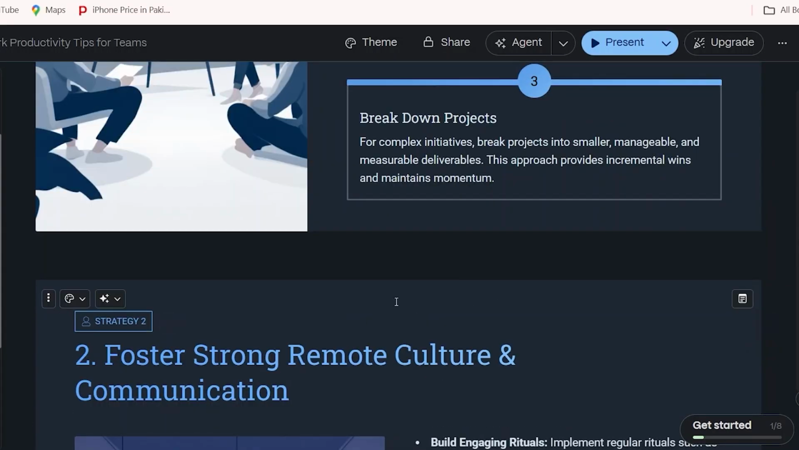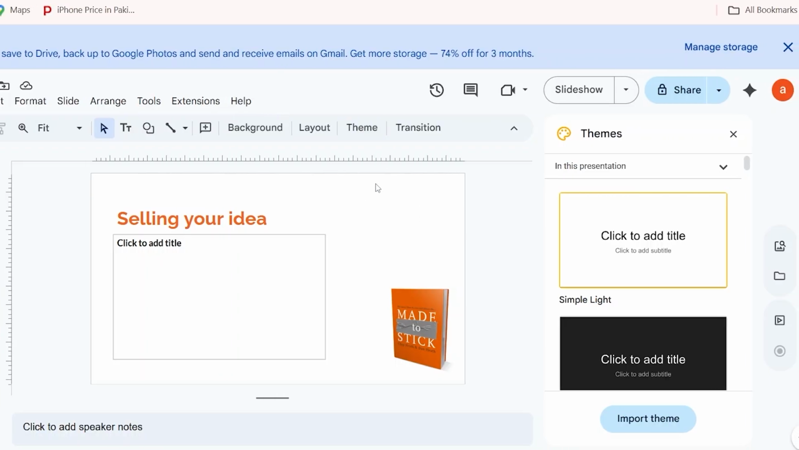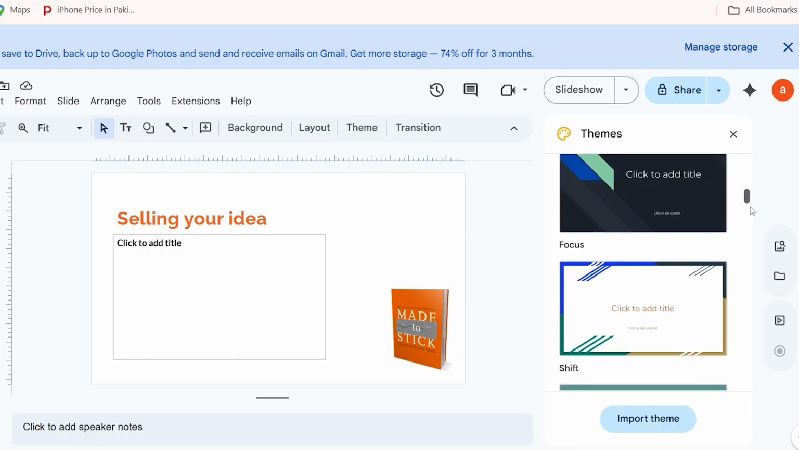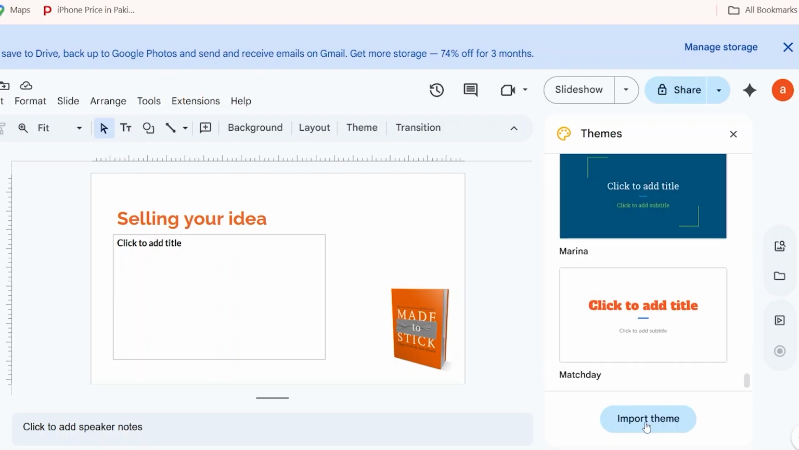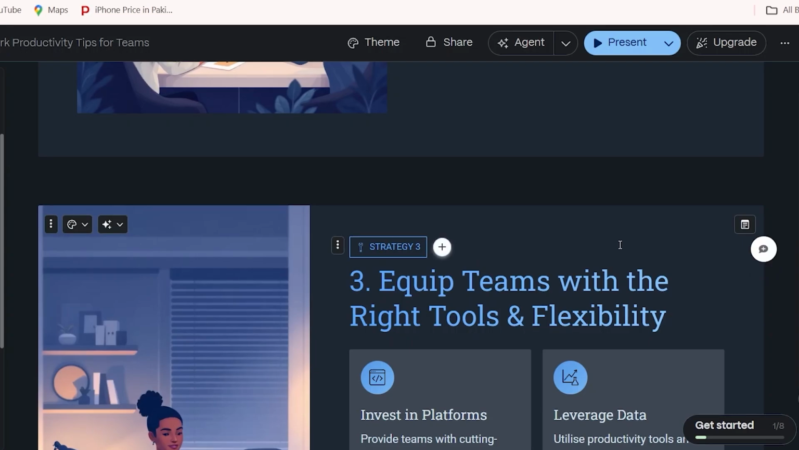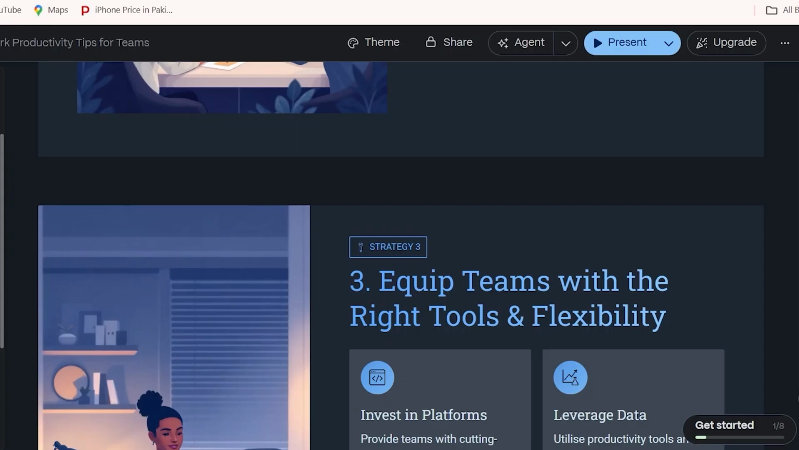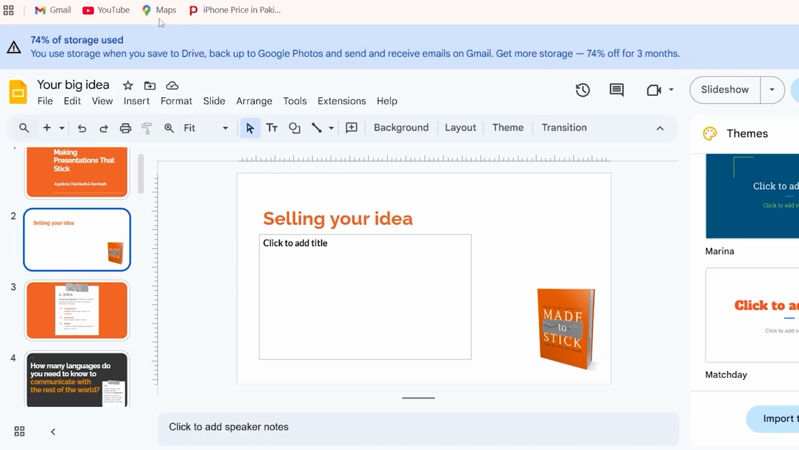For the design, you can see that Gamma has automatic, clean, and consistent layout designs and themes, while Google Slides has manual themes and suggestions. You can click on themes, and right here you get some themes. You can also import themes, which can be done in Gamma as well. And for the ease of use, Gamma is built for AI first, and for Google Slides, you can build in manual designs. So I want to be clear here, Google Slides is not that bad,